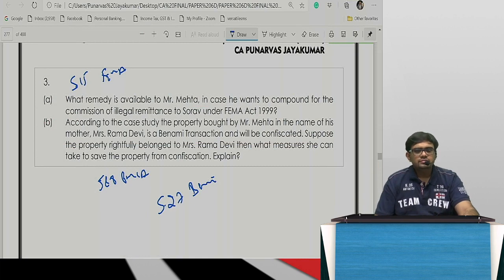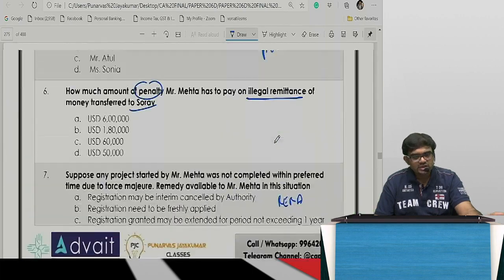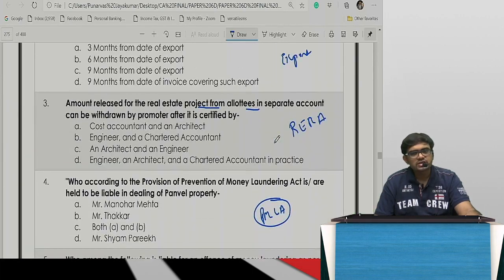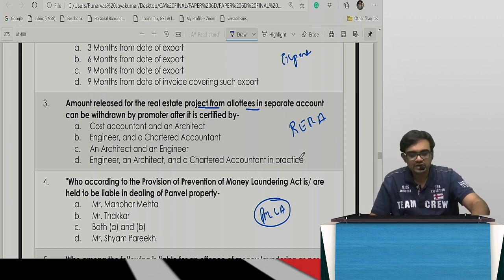That's all. It took 10 minutes to understand all these things. When you are writing, you have 4 hours. First you make this structure, then read the case study. Without reading the case study, we can answer 2-3 questions here easily, direct questions. One thing you need to understand: the case study may be difficult, but the questions will be easy. Even if they are difficult, it's okay. We have studied in such a manner that it will be very, very simple.